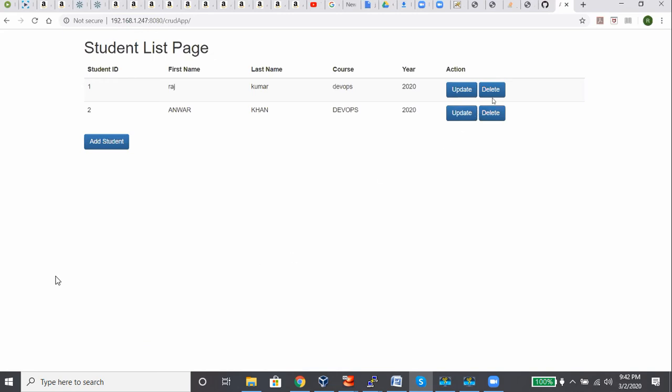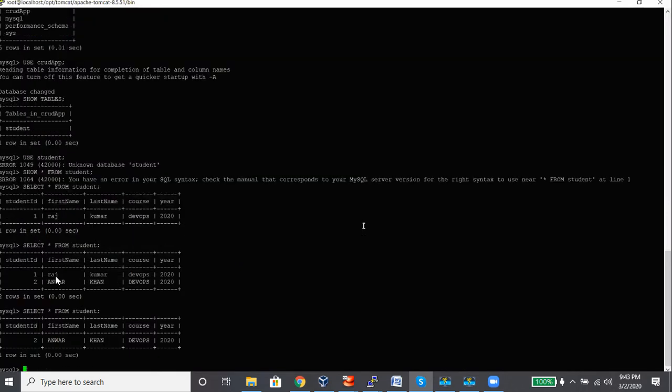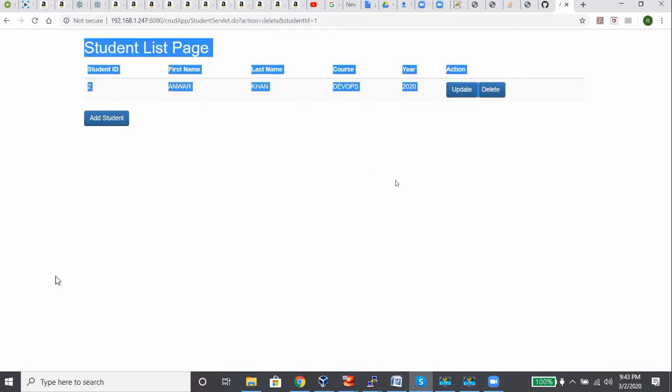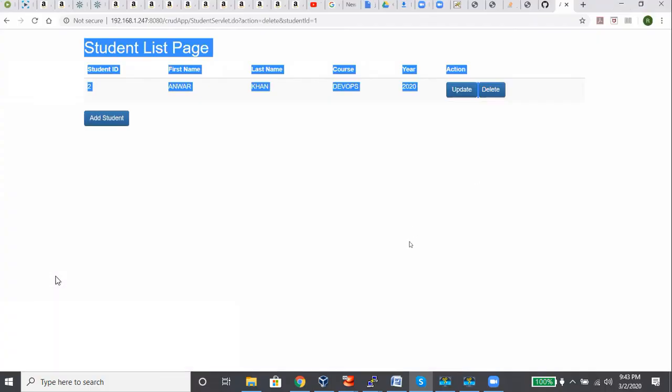So if I delete these details, now you go here and again execute this command, you see only one, and whichever is available here is basically the replica or the reflection of your database. This is a GUI and this is the CLI RDBMS, which integrates with the Tomcat servlet engine. Got it?